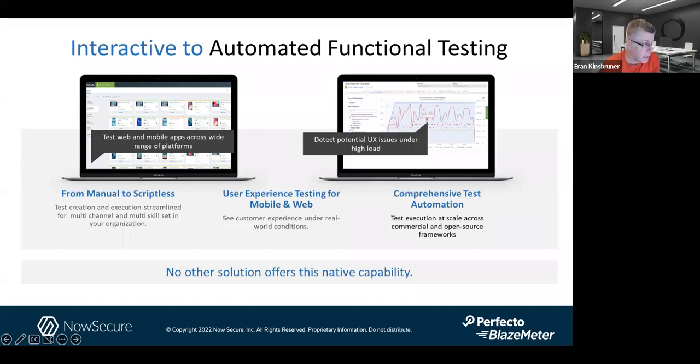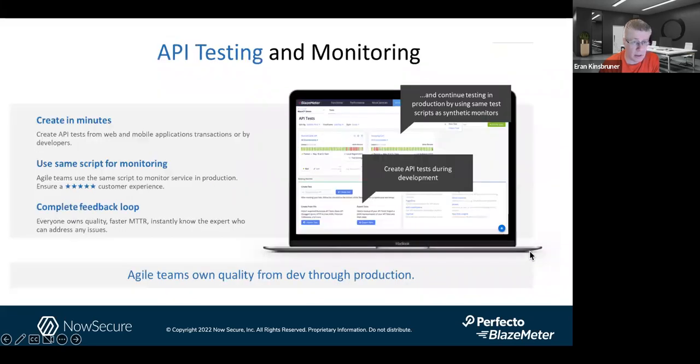Moving to the next slide, we can also look at API testing and monitoring, especially with mobile. Mobile apps today run on so many different backend APIs and services. Think about a banking application.